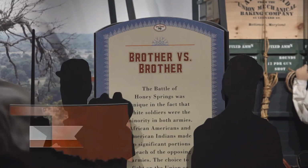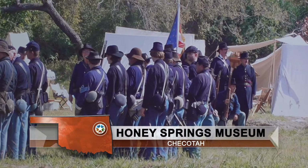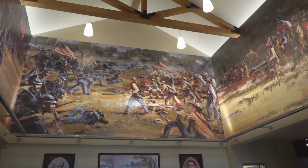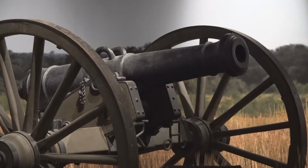July 17, 1863. 9,000 men are fighting the Civil War just south of Muskogee. Out of 107 documented conflicts, the Battle of Honey Springs is the largest during the war, a major turning point in history. The absolute most pivotal battle, which led to federal control of most of Indian Territory for the remainder of the Civil War, took place just 2 weeks after Union victories in the east at Gettysburg and the west